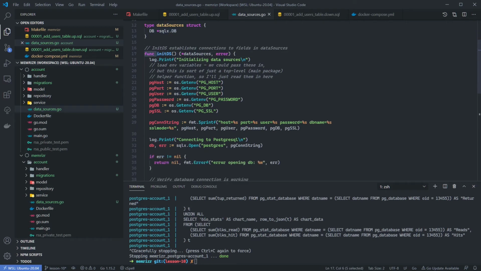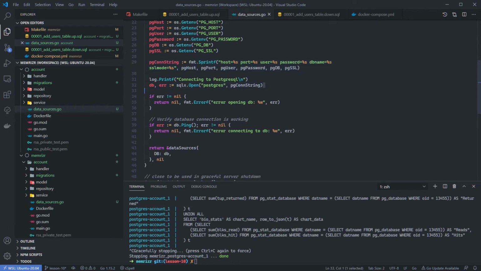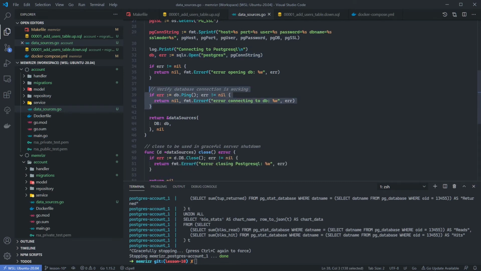We then create an instantiator method called initDS, which either returns a reference to these data sources or an error. We'll read in a bunch of environment variables with connection information for our Postgres database. We'll add these environment variables shortly. With these environment variables, we create a formatted string with the host, port, user, password, database name, and SSL mode. And then we establish the connection with the sqlx.Open method. If there are any errors, we'll return them. We also try to ping the database just to make sure we have a connection,